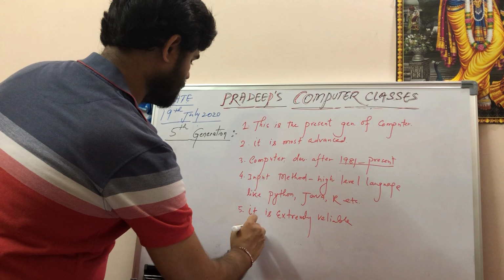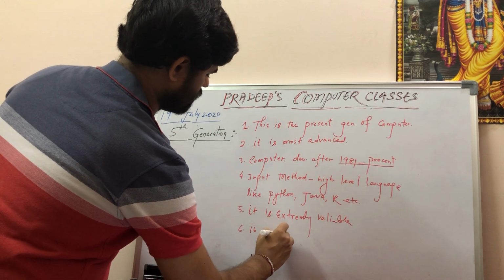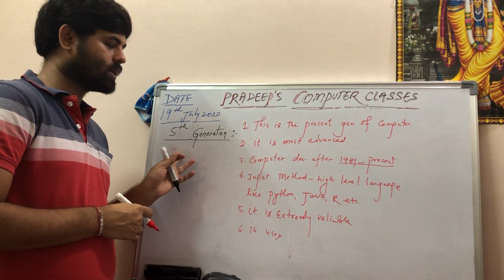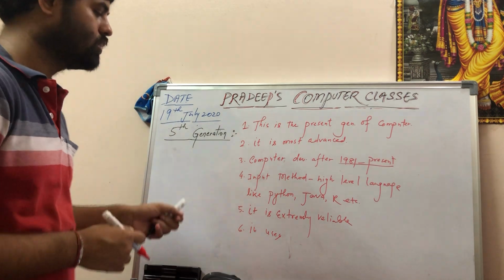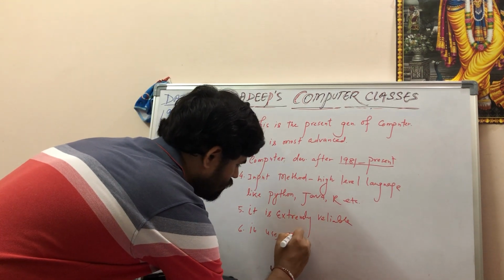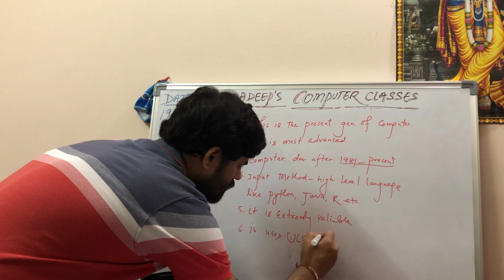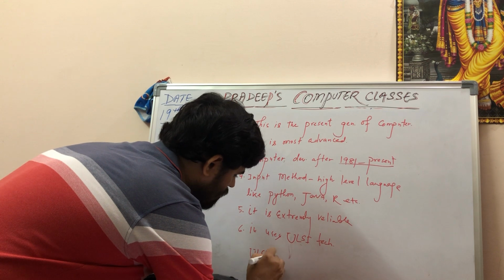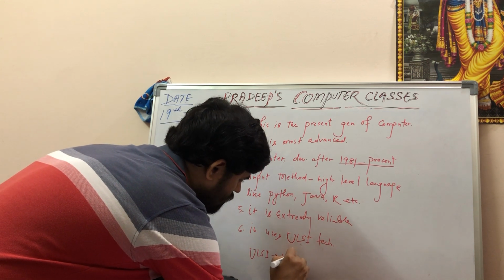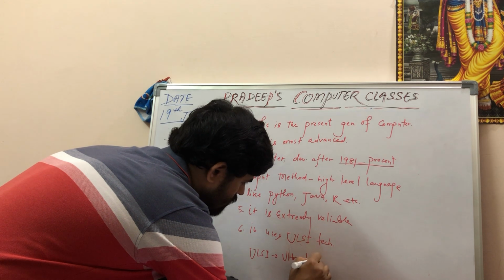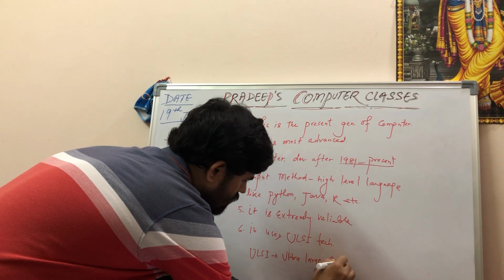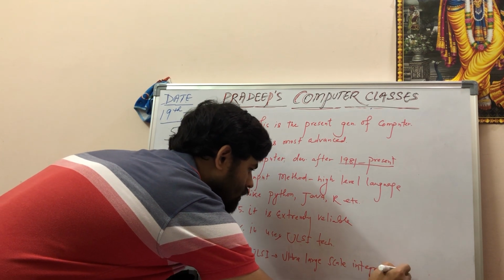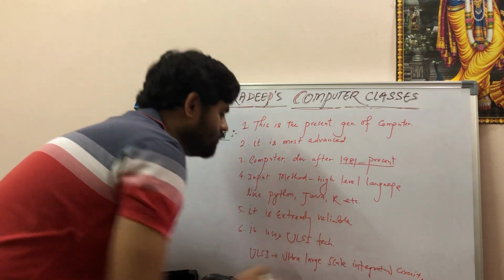6 point, it uses which technology? In the fourth generation we have seen VLSI. Here the technology used is ULSI. ULSI technology. So ULSI means ultra large scale integrated circuit. Okay,